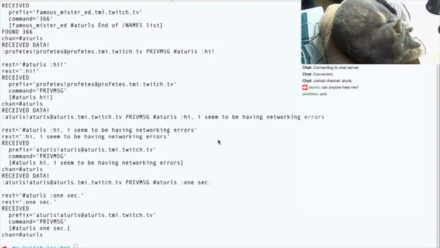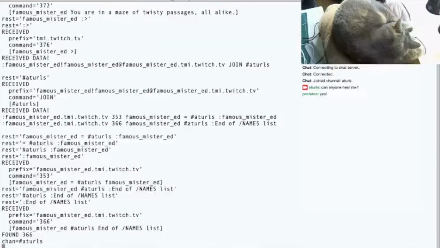FFI and Pony is the foreign function interface, and it lets you call C functions from Pony. This can be useful for taking existing libraries and wrapping them up and calling them from Pony. It can also let you implement things in Pony that you might not otherwise need things to work. So